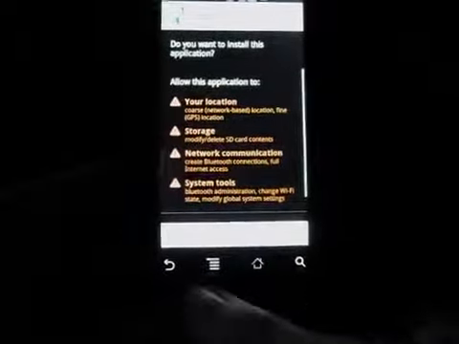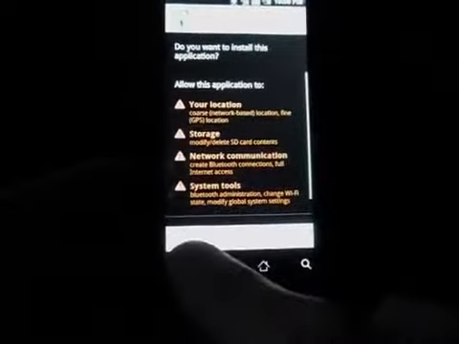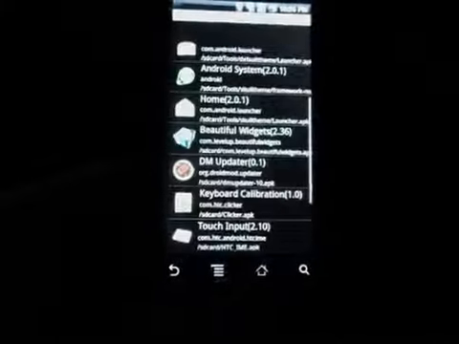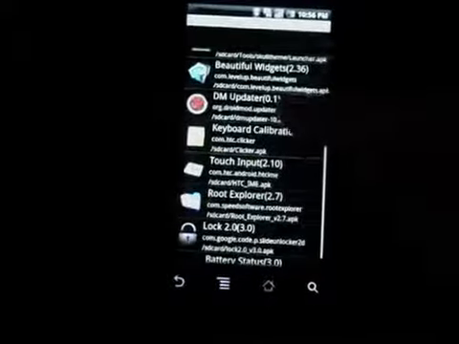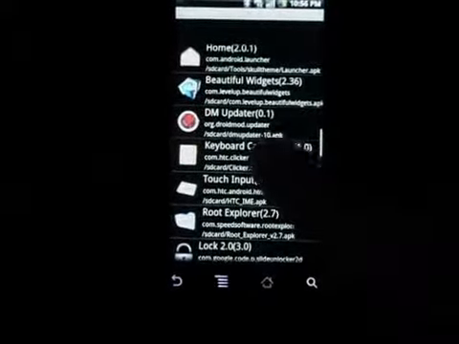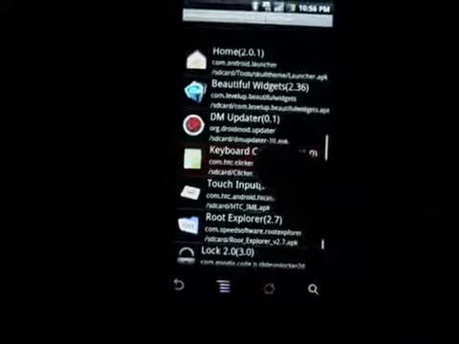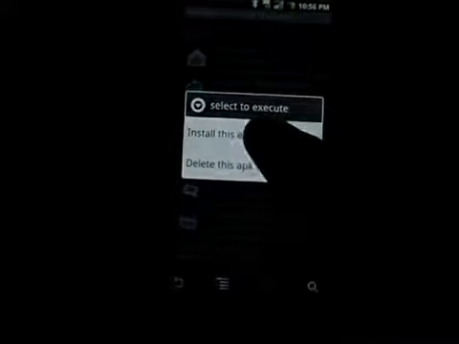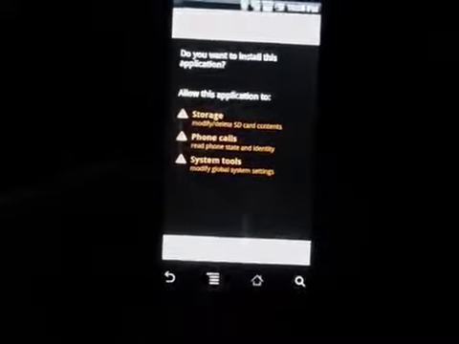It's going to look just like you downloaded it from the market. Obviously, here's all our warnings as usual. Click Install. It's pretty quick, just like usual. Click Done. We'll come back to that one later. The next one we're going to want to do is the keyboard. It's two things. We're going to do the keyboard calibration. So remember, long press, install this APK, click Install,